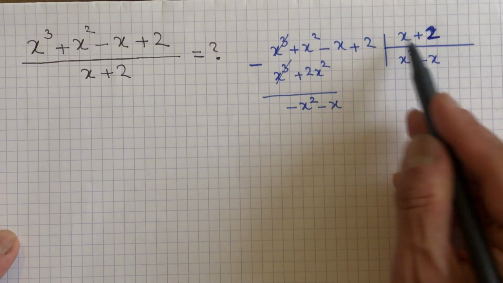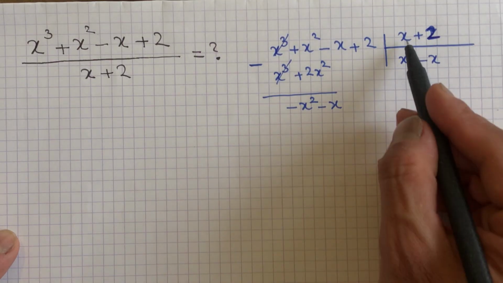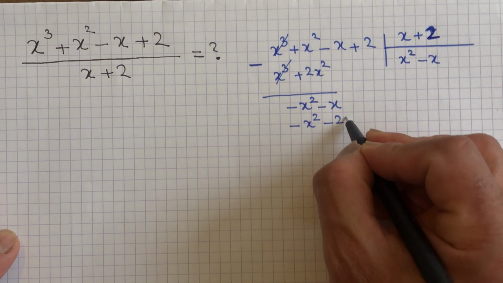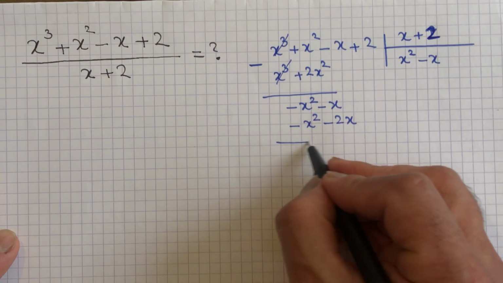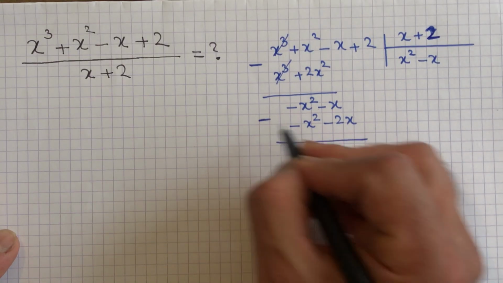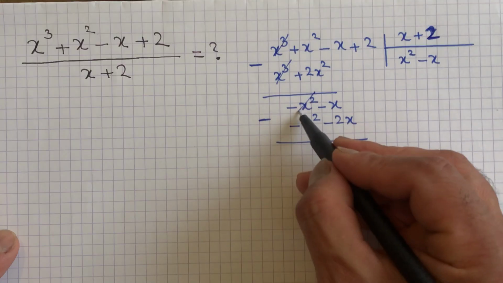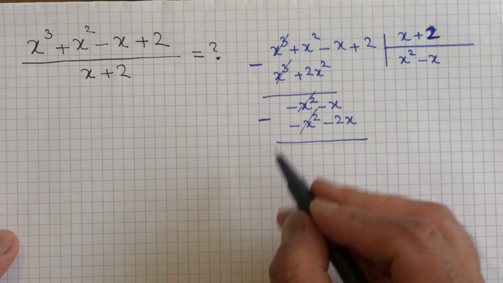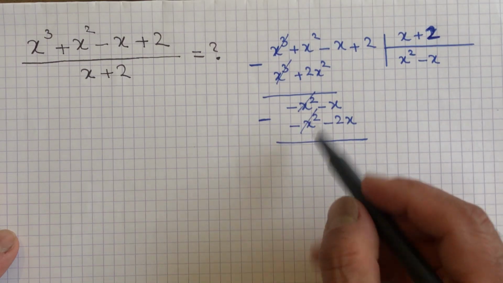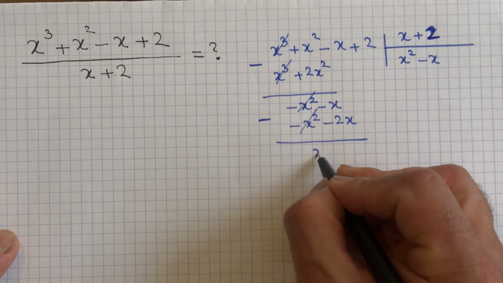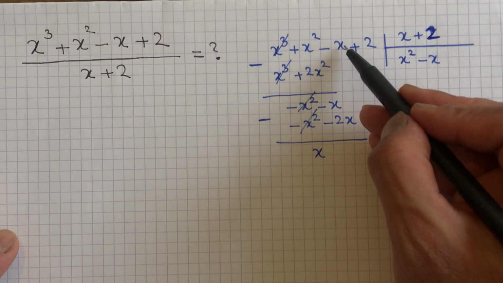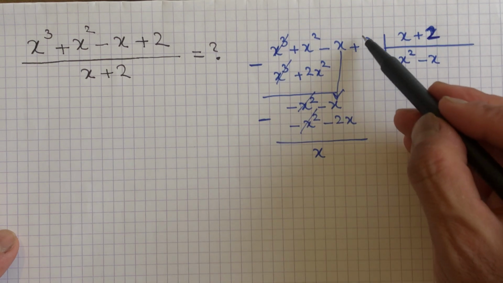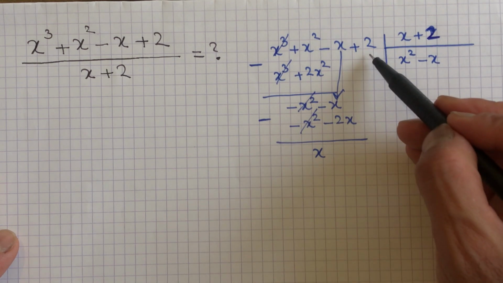So multiply x by these terms: minus x multiplied by x is minus x squared, and these two terms give minus 2 times x. Now just subtract these two terms. The first one cancels, and minus x minus 2x, because it's a minus, it should be plus, minus x plus 2x is plus x. And after this, you take this here, and the only term that remains is plus 2, and